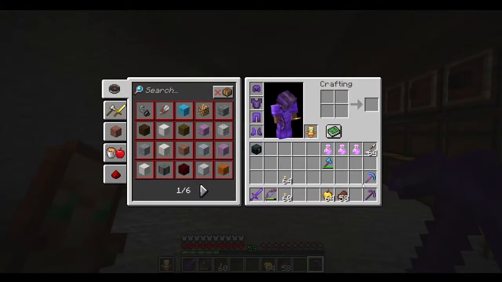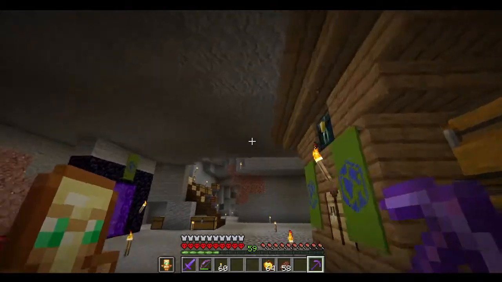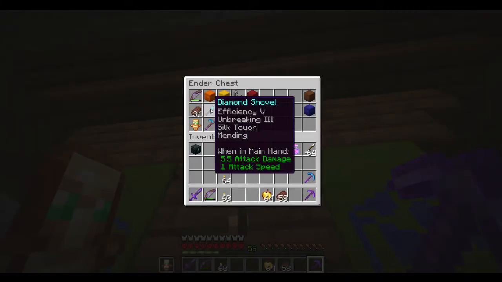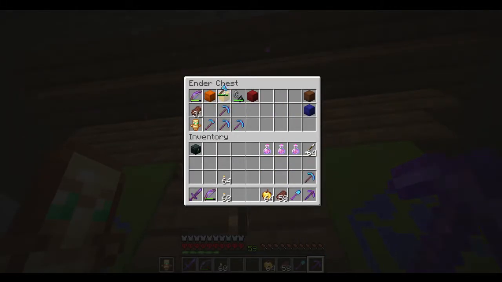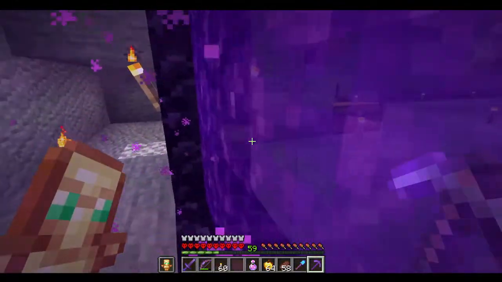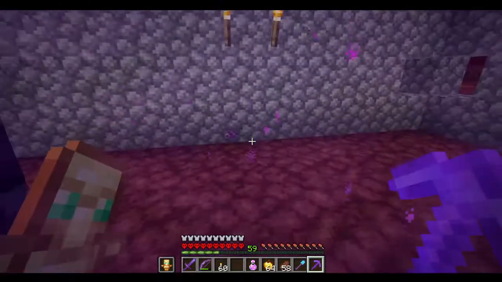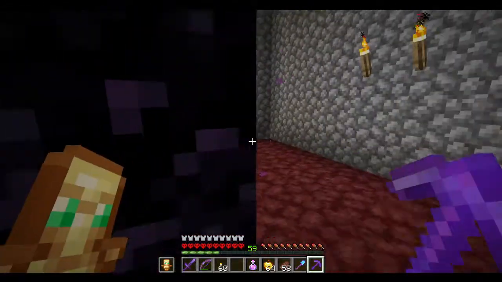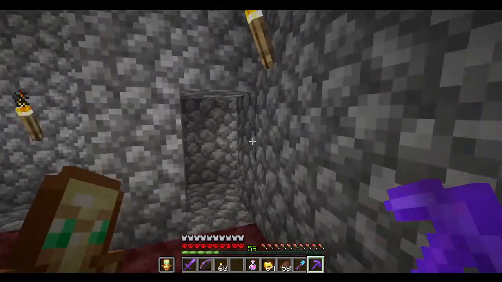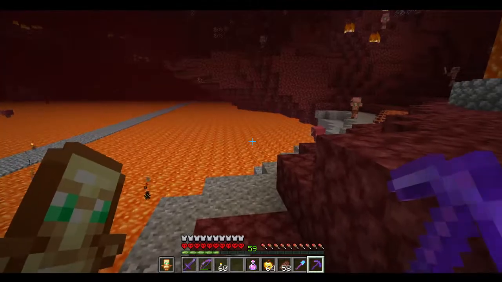All right, very close to set. Did I put the shovel away instead of the axe? Oops. Miscue there. We'll ready up a fire-breathing potion. Fire-breathing? It's like that. Effectively, we do need to breathe when we're under the lava, so all in all,